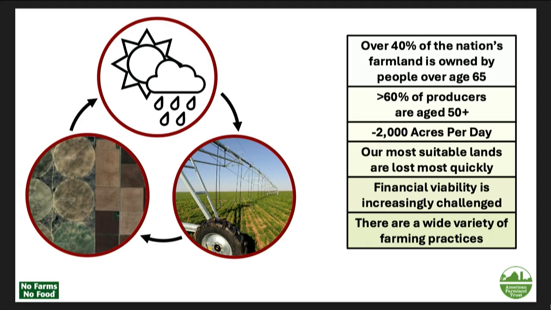And I also want to point out that this is still within the context that we're losing over 2,000 acres of farmland per day. The farmland that we're losing is not uniform. We're losing our most suitable soils first. We have an aging producer demographic, so a lot of that farmland is likely to change hands in the near future. We just heard how it's becoming increasingly more difficult to be financially viable, and there's still a wide variety of practices that we're using. So when we try to implement better practices, it takes a long time before we can see these benefits come through at scale. So there's a lot of complications going on in this research world,